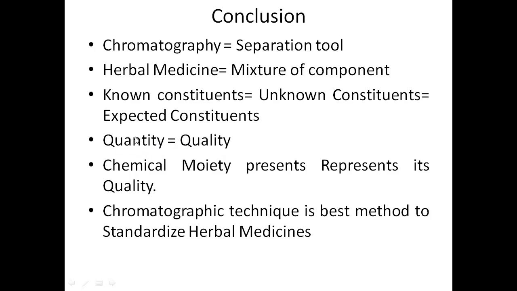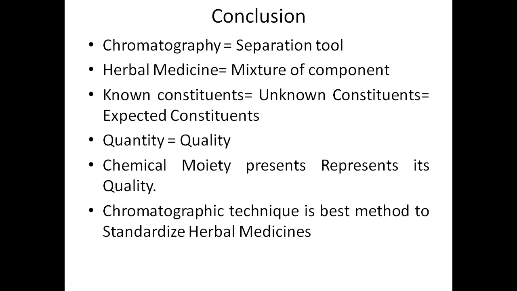Quality and quantity are both interrelated, right? How much quantity is supposed to be there in how much extract, if they are sufficient in quantity, we can expect their quality also, because they are going to give the positive result, right? The expected peak, the expected peak width with the concentration, so that can be ensured with each other, right? The chemical moiety present represents its quality, the expected chemical moiety, right? The quantity will represent its quality, right?